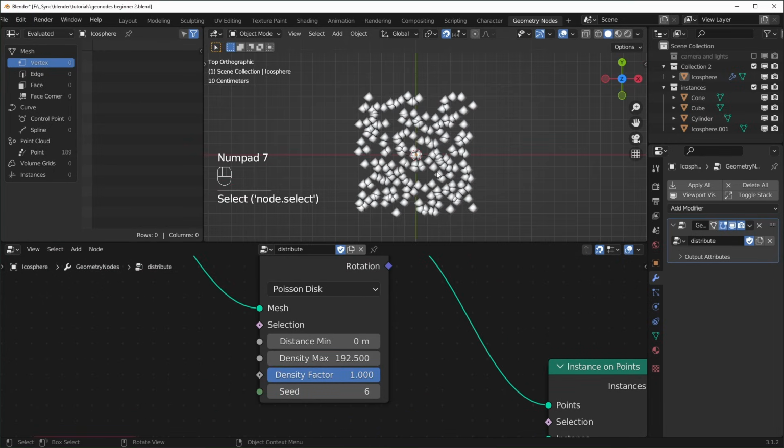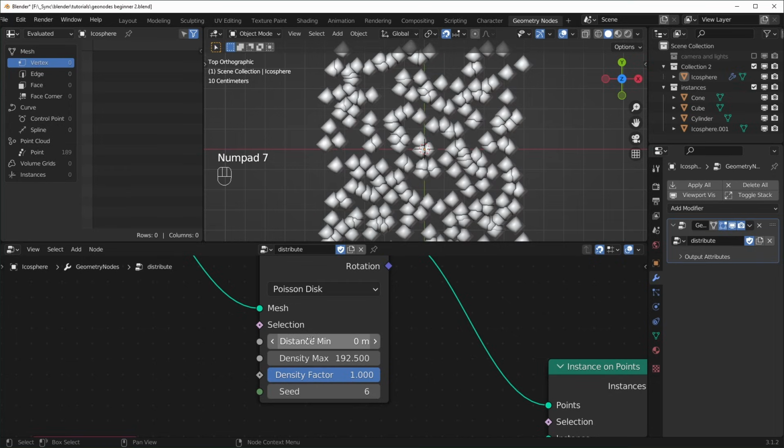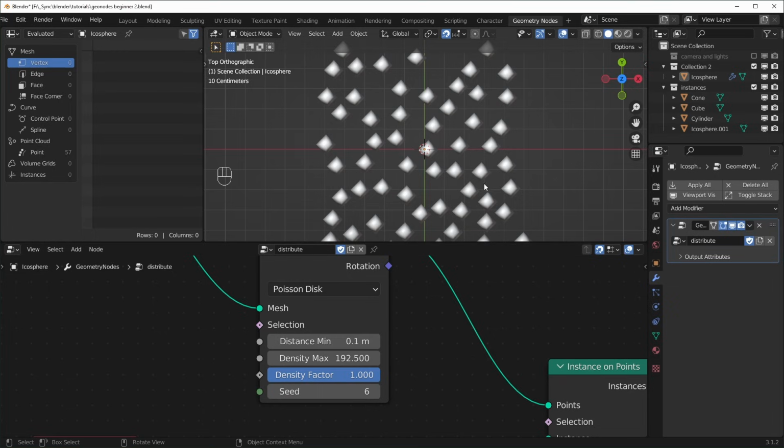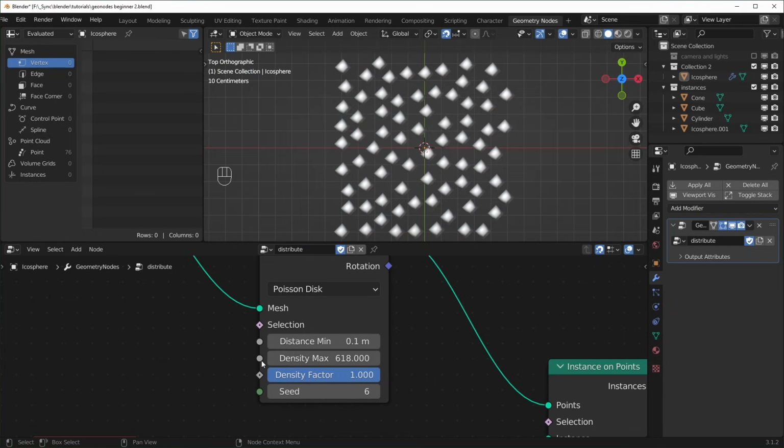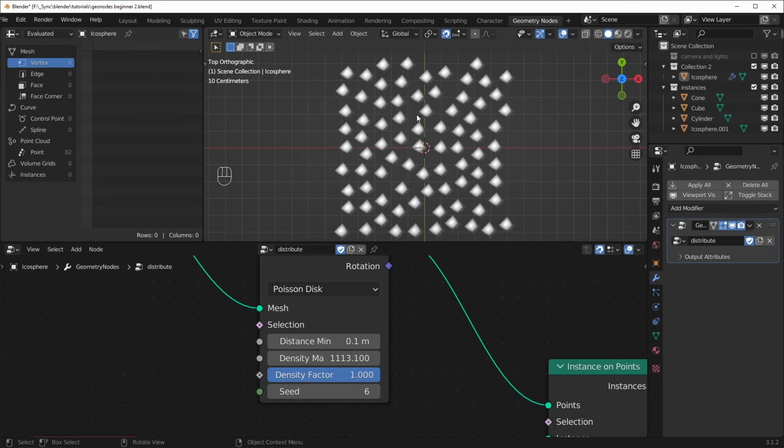And what this does, let's look from the top. What this does is it will keep the points a certain distance apart from each other. So we could turn this up a little higher to like 0.1. So now all of these points will always be 0.1 meters from each other or more. And this is a diameter, so it's kind of like drawing a circle around it, and the width of the circle is 0.1 meters. Even if we turn the density up super high, you can see none of these will be touching each other, which is pretty nice for if you're scattering objects and you don't want any of them